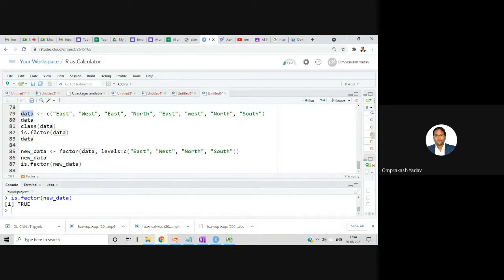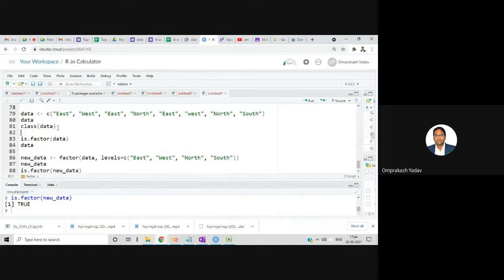Once you execute, it says character. If it were numeric, it would say numeric. This is a character vector, and inside it all the data are characters, so the class of this data is showing character.